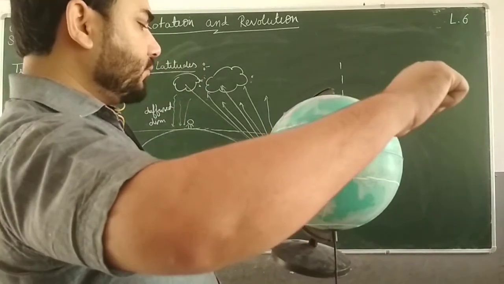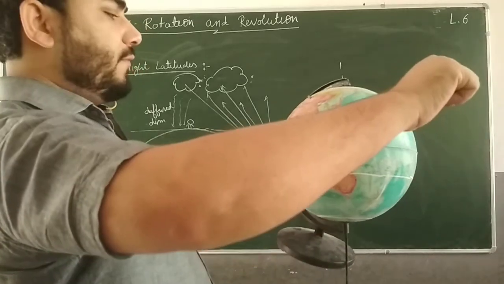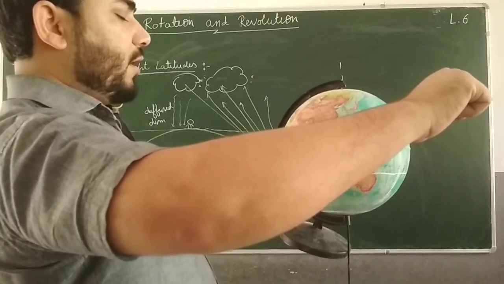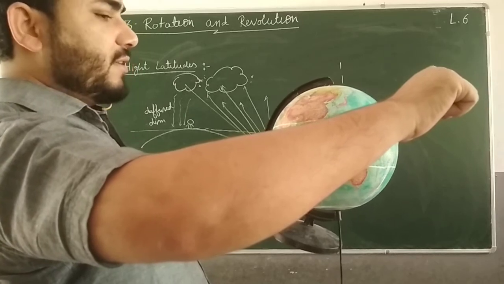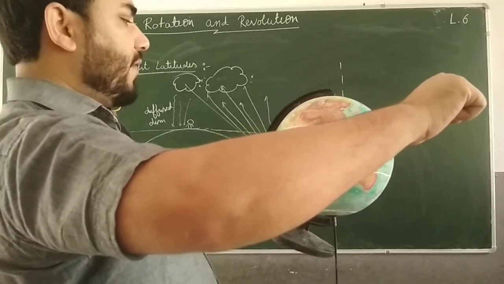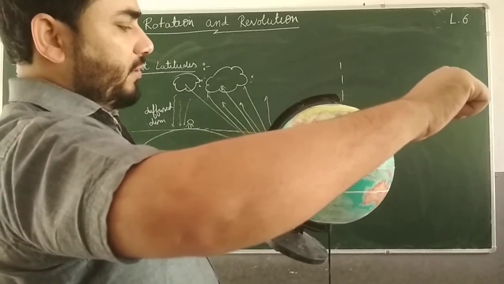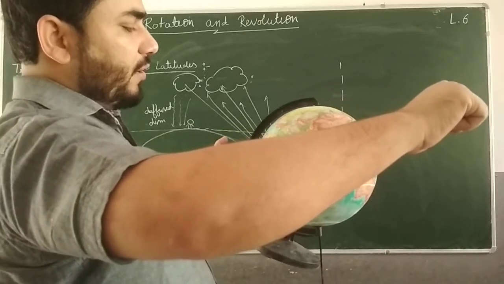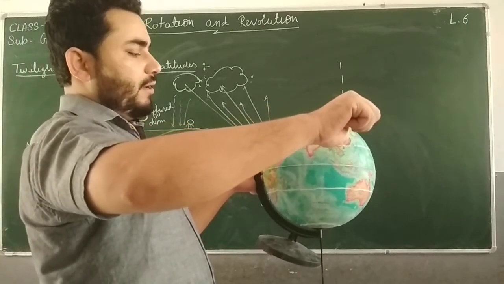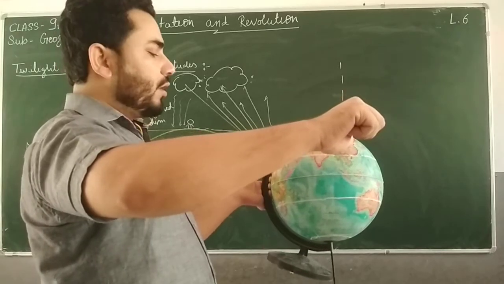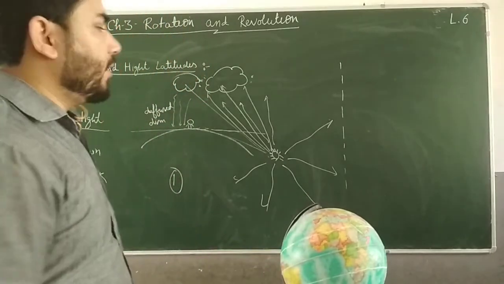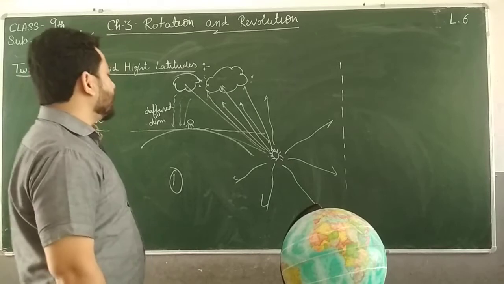Now when the earth's horizon comes to the sun, the sun will start appearing in the east, and that will be called sunrise. And when India will be directly in front of the sun, the sun rays will fall perpendicularly, or the sun will be at the highest position in the sky from India, that time will be called the noon in India. Clear? So the earth will keep rotating and the evening will come. So like this these phenomena take place.